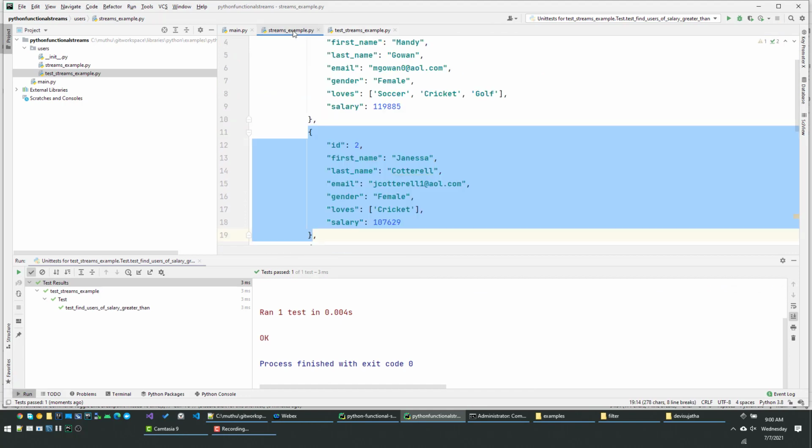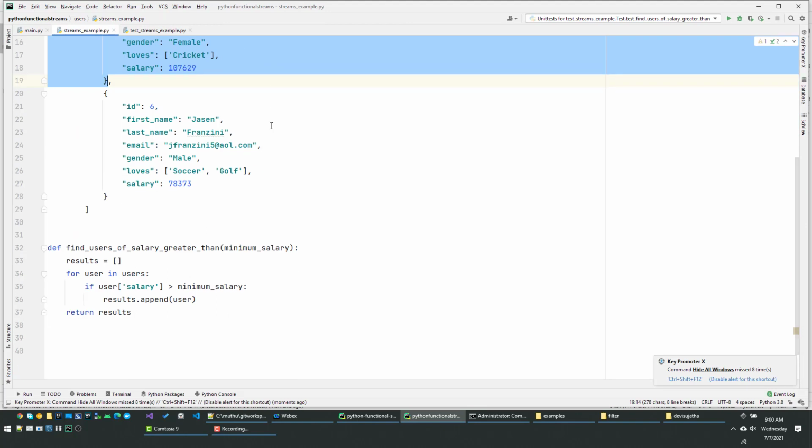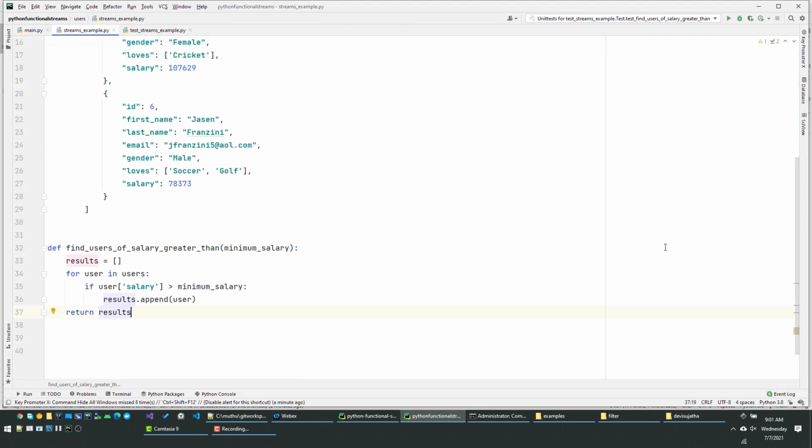Once we are going to refactor it, we don't want to introduce more issues. How can we refactor it? What is the Pythonic way to refactor this particular code instead of having something like this? Okay. So we can use a list comprehension by calling something like this. Right. User for user in users, and then add a condition if